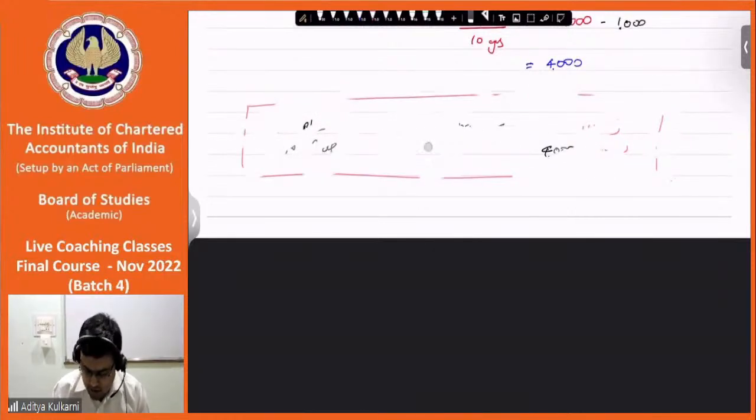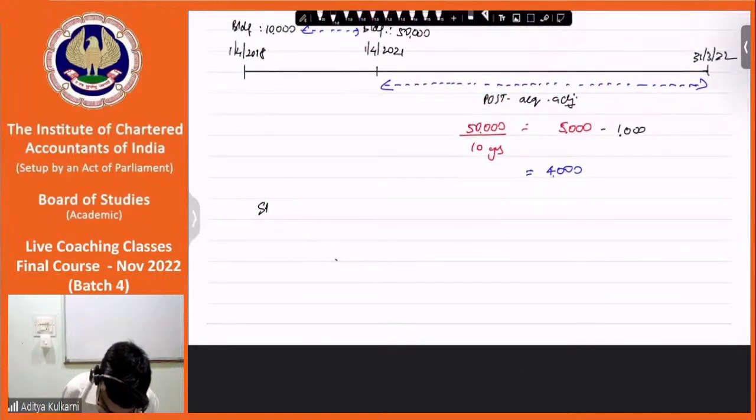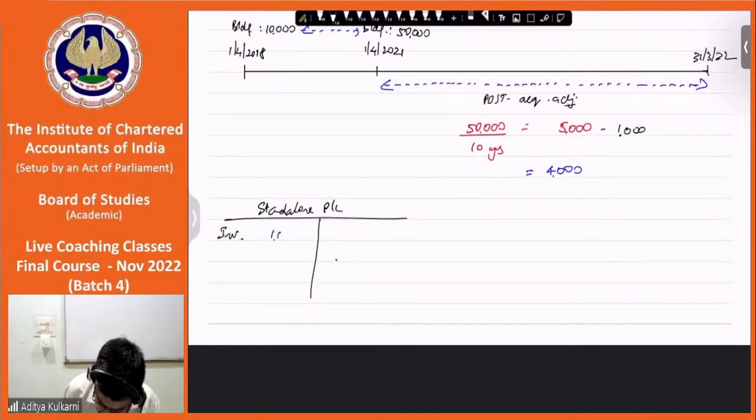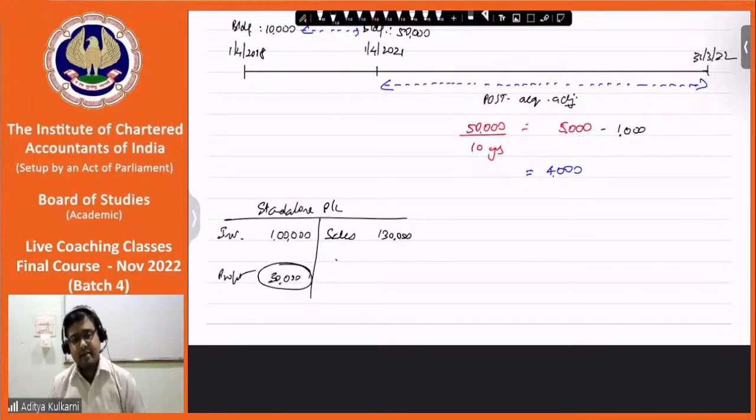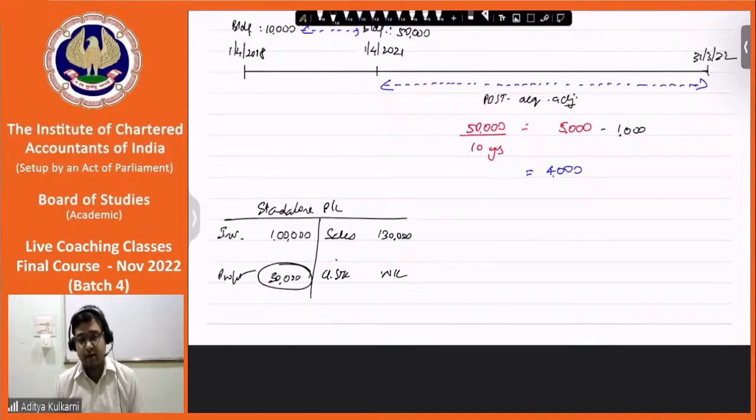Just look at how the things are going to pan out now. In the standalone P&L, the inventory looks something like this. Inventory 1 lakh, sales 1,30,000. So you have earned a profit of 30,000. This is how the inventory position is looking. Ultimately, when it is sold, the closing stock is going to be 0 and your profit is going to be 30,000. But in the consolidated